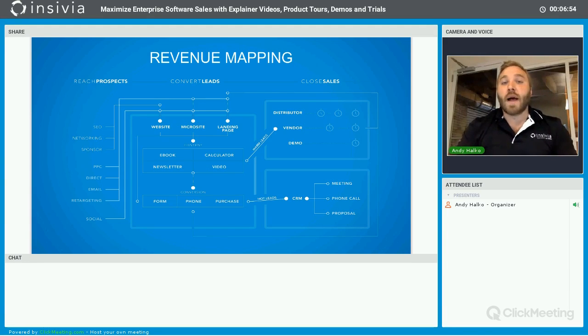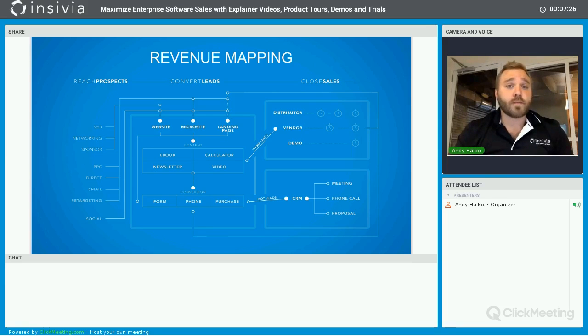And now marketing automation allows us to send messages on an automated basis to those people that are interested, so that we can stay in touch with them over time without it having to be a manual process, and bring them back into our funnels to try and drive them into that hot lead conversion of a form, a phone call, or a purchase, which pushes them into our sales system, our CRM, so that we can do meetings, phone